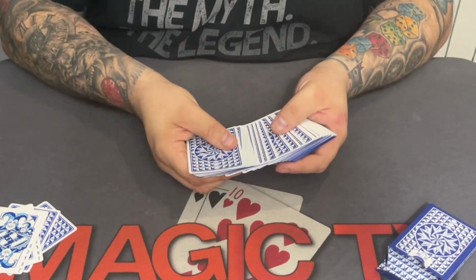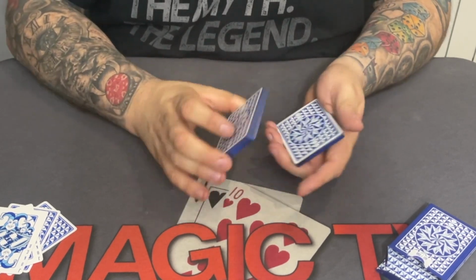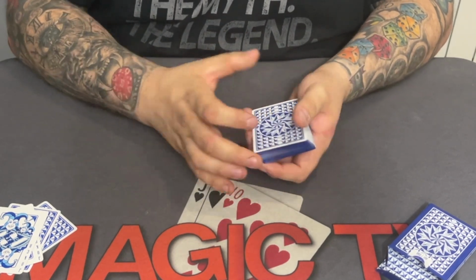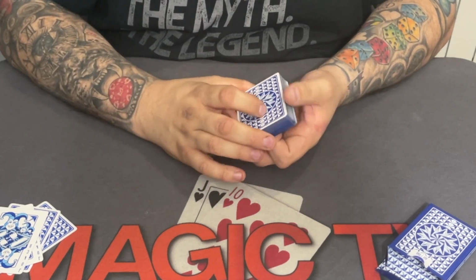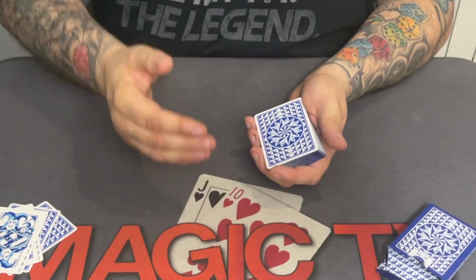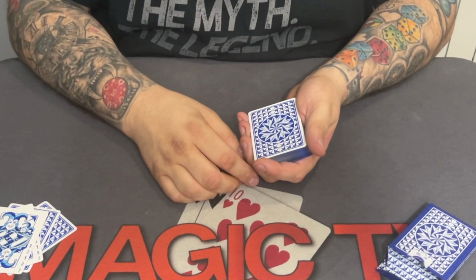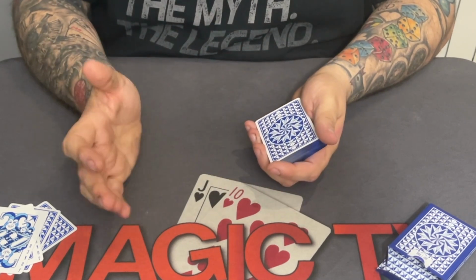And as I said, there's a marking system with these cards. When I was told about the marking system, I was with Eric Tate and Nick LaCopper and Sean Dunn in an airport in Columbus, and they showed me the cards and they said, find the marking system. And I just couldn't find it. It's unlike any marking system I've seen before. Now, the downside to this marking system is they're not as easy to read as something like a Night Flight deck by Steve Della, which is an incredibly easy mark deck to read. These aren't as easy to read,